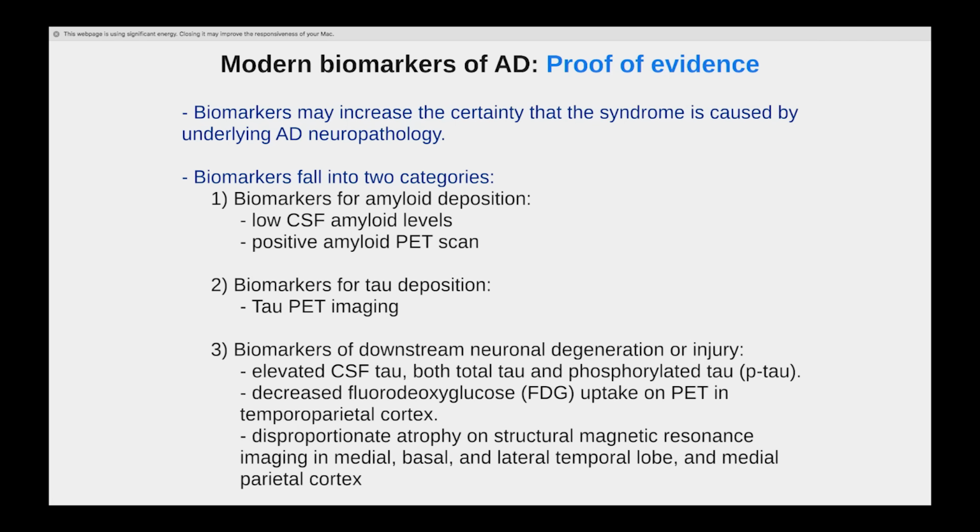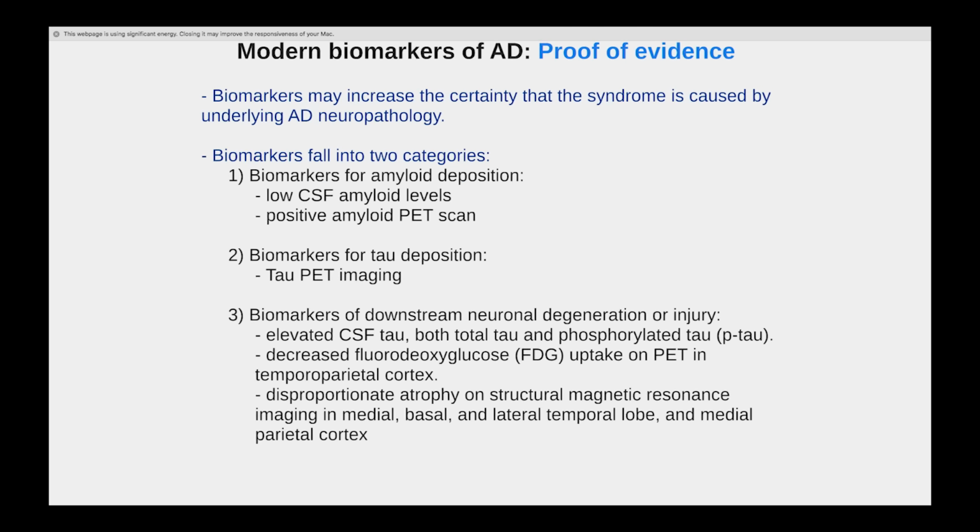And then the third type of biomarker is really a biomarker of neuronal injury, meaning that it may not necessarily be specific to Alzheimer's disease in the sense that it's not showing us the amyloid plaques or the tau tangles, but it is telling us that brain cells are dying. And we can see this again in cerebrospinal fluid, or what we call CSF, and I'll show you in a little bit, or on an MRI, like what I showed you earlier, a scan of the brain, or in a PET scan that is being done with just sugar to see how the brain is eating and utilizing sugar. And we'll talk about all of these things.